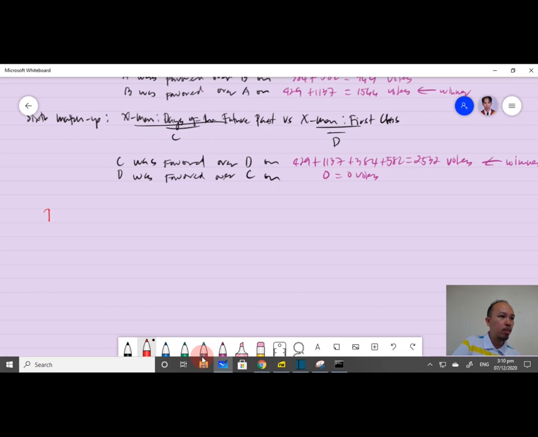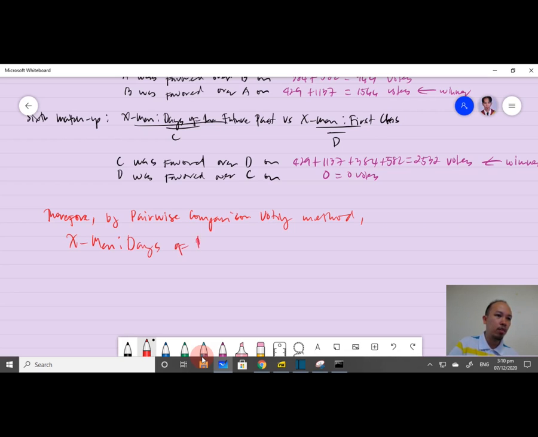So therefore, by pairwise comparison voting method, X-Men Days of the Future Past is the winner. So this is the best movie. Okay,